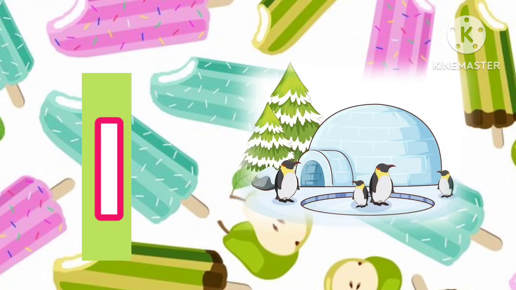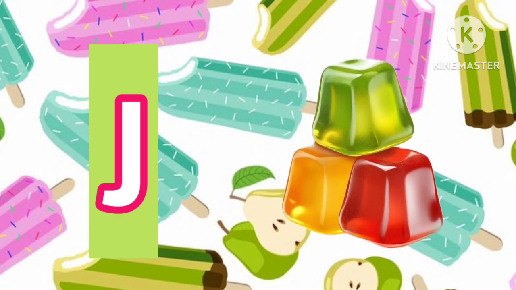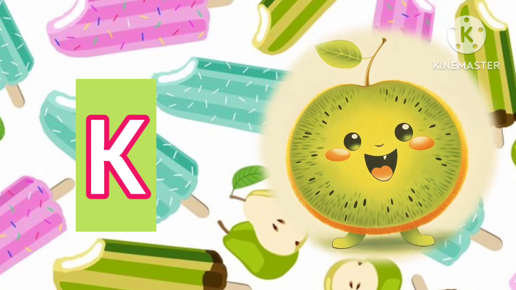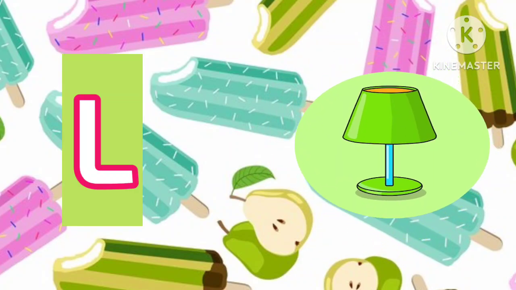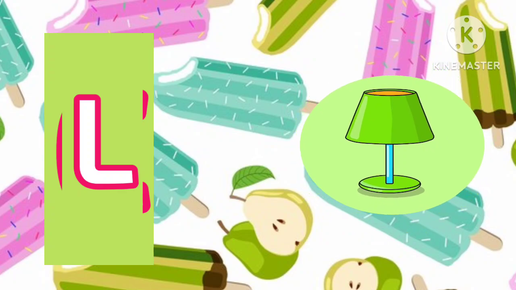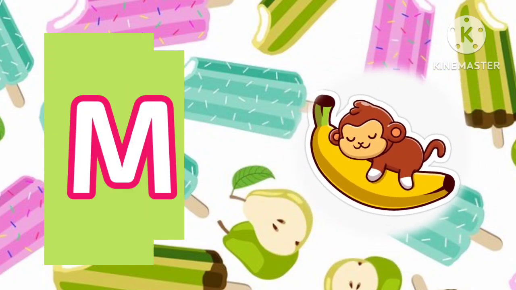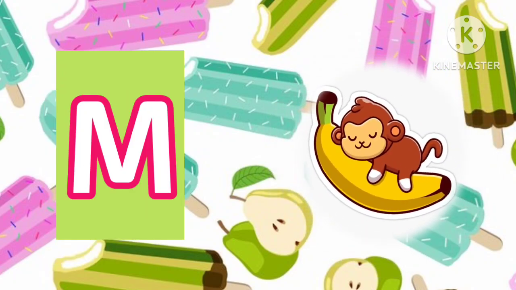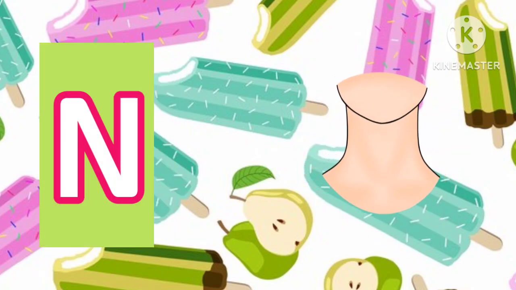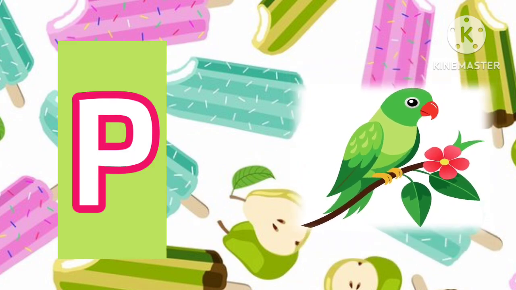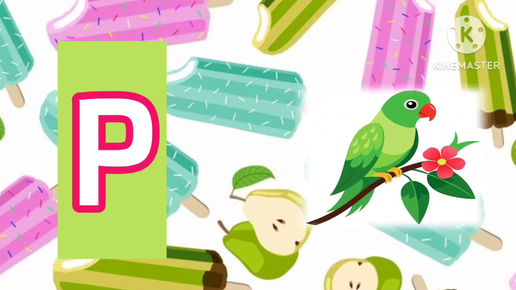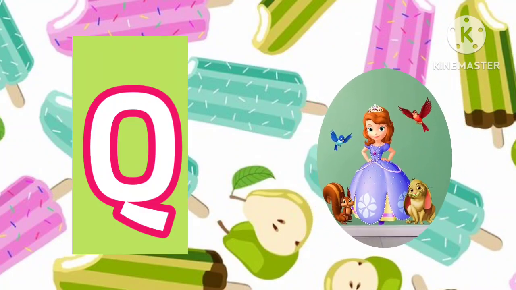I for igloo, J for jelly, K for kiwi, L for lamp, M for monkey, N for neck, O for owl, P for parrot, Q for queen,